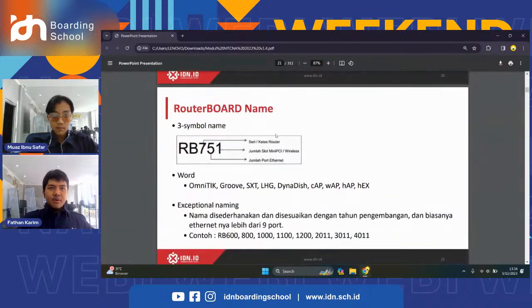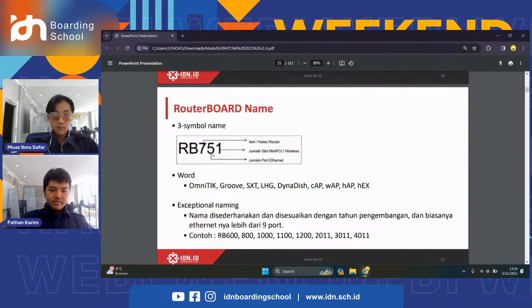MikroTik has many router products, like the Cloud Core Router, Cloud Router Switch, smart switch, and many more. Every router model has a name with symbols. The first, RB, means RouterBoard. The 7 is the series of the router.